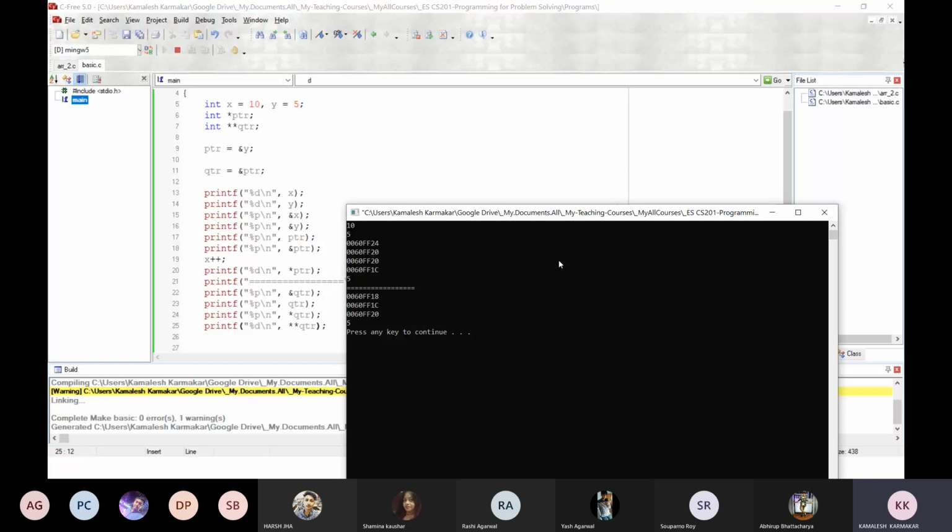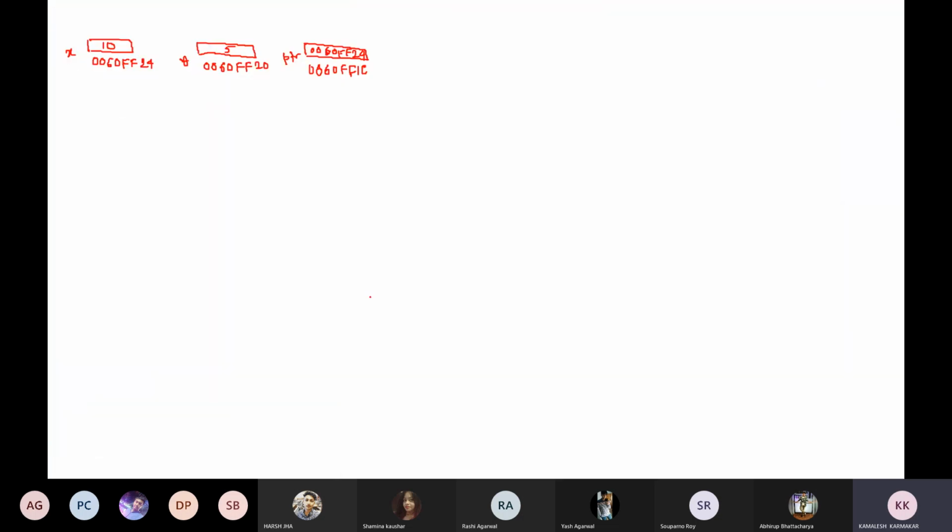You can see the address of qtr. The first line after this equals line is the address of qtr. So qtr is assigned at some different location, 0060ff18.